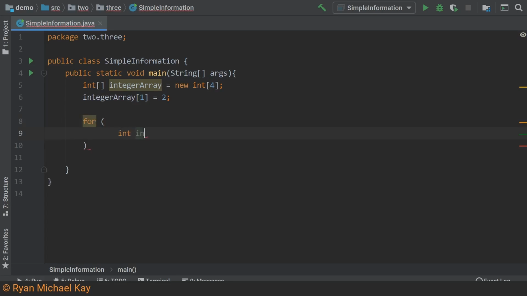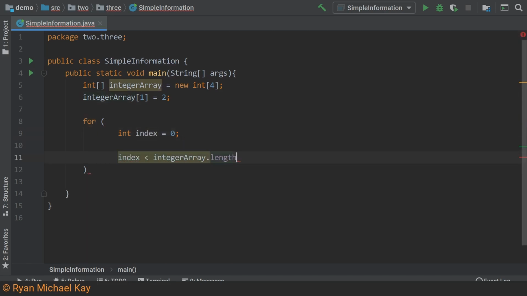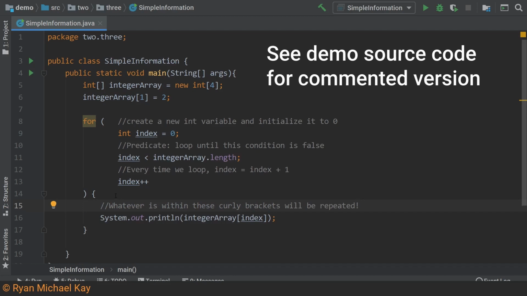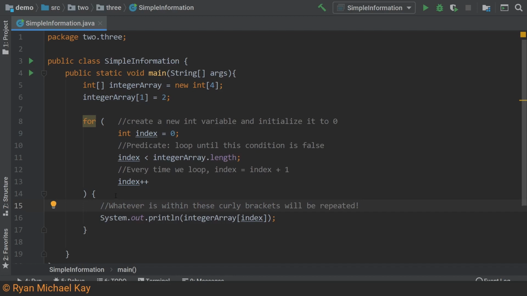Now normally we leave this all on the same line, but I am going to break this for loop up so that we can add some notes to different parts of it. The comments I just wrote explain what each part of a for loop is responsible for. In order to see how they work, let us once again use the debugger.